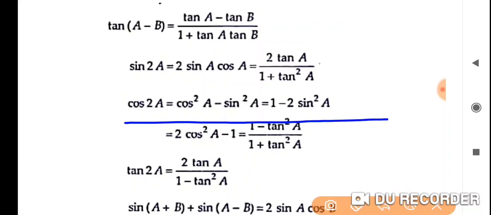On substituting cos²A with 1 minus sin²A, you will get 1 minus 2 sin²A, and again substituting sin²A with 1 minus cos²A, you will get